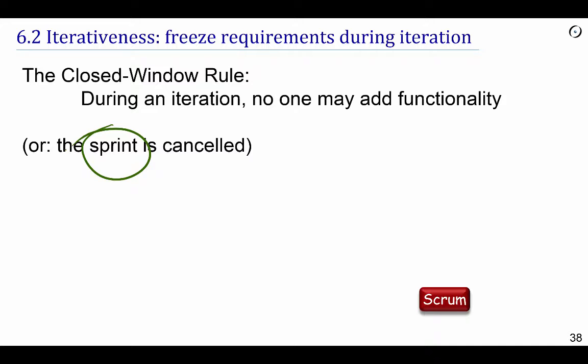But here, let's say we have a 1 month iteration period. Well, on the average, what's going to happen for a great idea that has just been proposed, if it's moved on to the next iteration, to the next sprint, on the average is going to be delayed by 2 weeks, which is usually not a catastrophe. And also this has the advantage that there is a certain natural attrition of ideas. It's very easy for someone to say, I have a brilliant idea, this absolutely needs to be done right now,